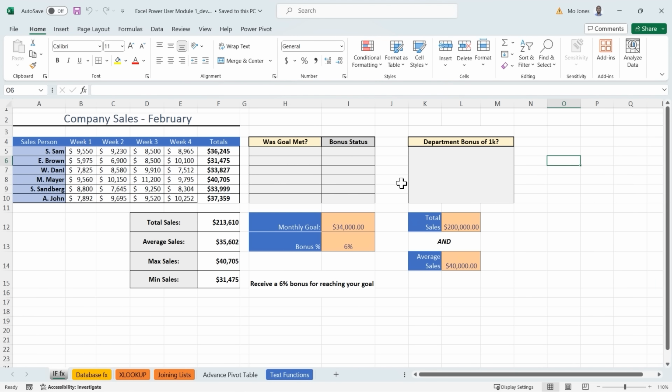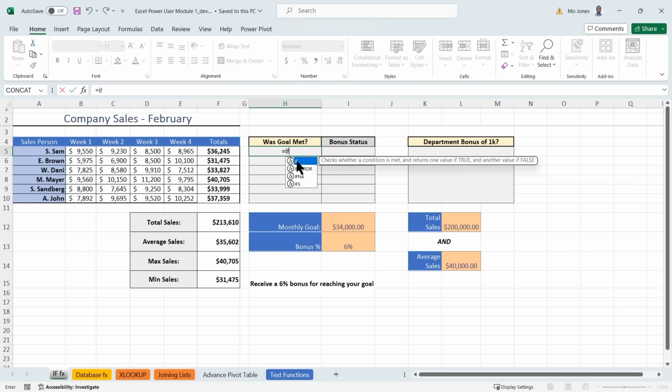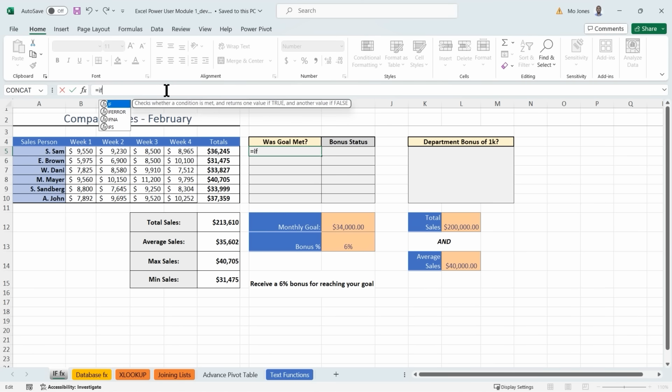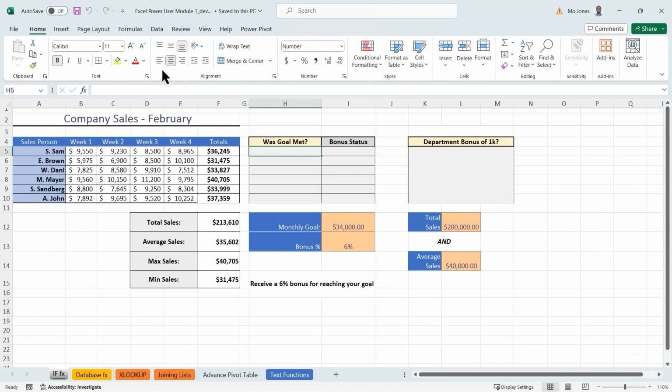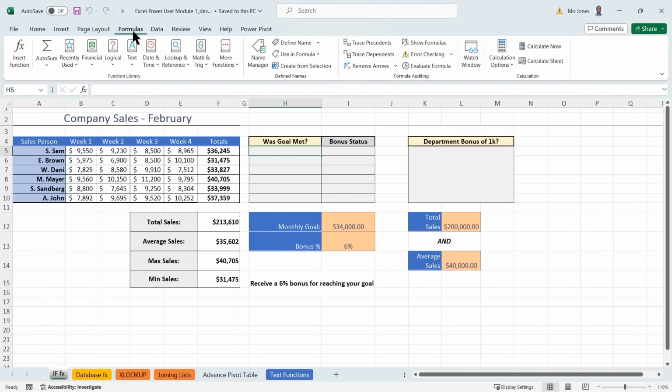So for our functions, we're going to be inserting the function. You can either type the function here in the cell. We can also type it in the formula bar if we want to, but we're going to be inserting it the traditional way from the Formulas tab and clicking on the Insert Function dialog here as well. We can also press Shift plus F3 to get that done. Now, in order to understand how this works, let's take a look at the IF function in its most basic